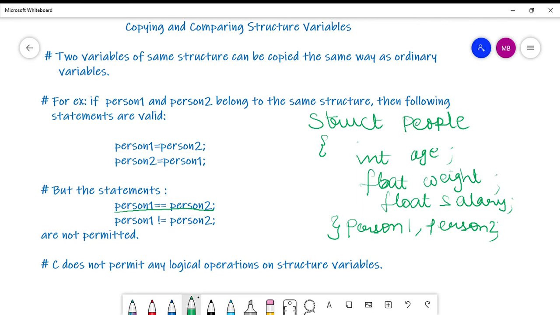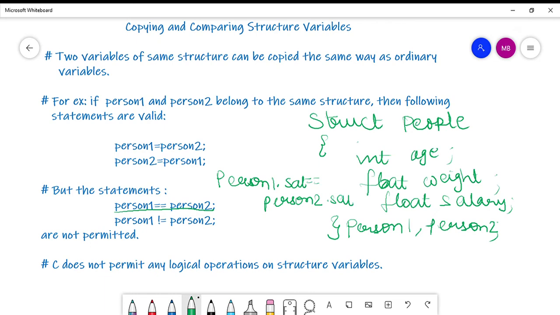So how will I do that? I will say if person 1 dot sal equal person 2 dot sal.